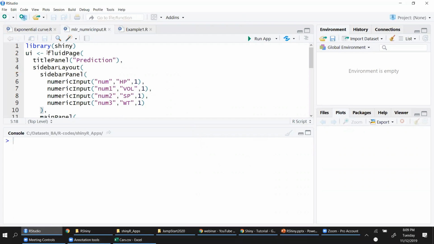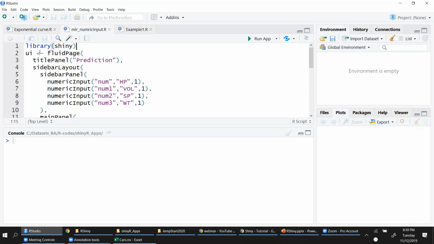So to begin with, I have to first load the Shiny package. If you're not loading the Shiny package, then you will not be able to utilize these widgets. You will not be able to develop a Shiny application. So the first thing is, make sure you already have the Shiny package installed, and invoke it or call it.